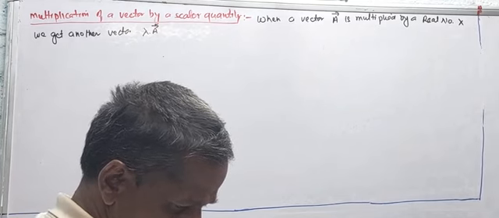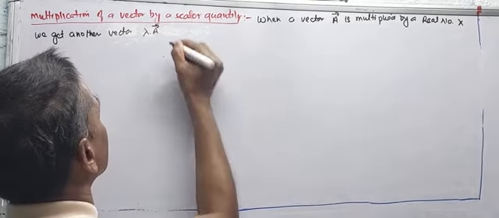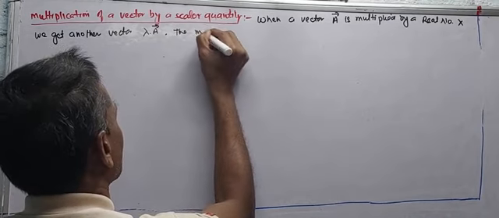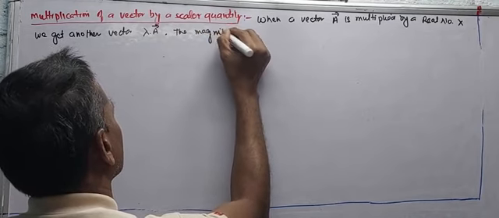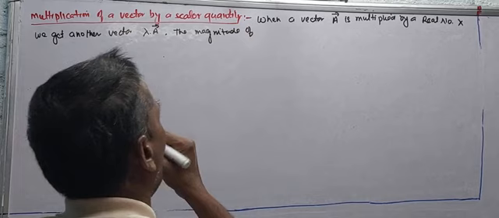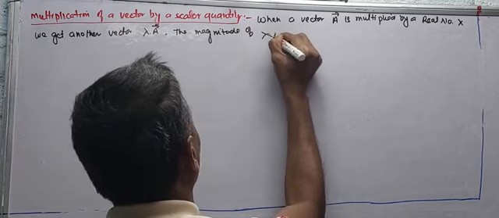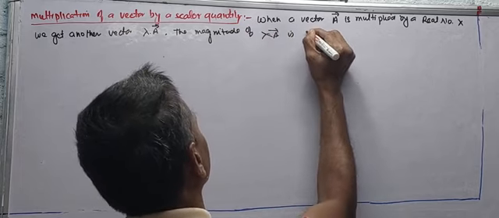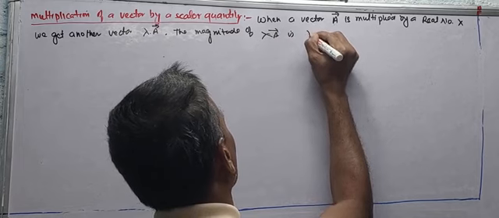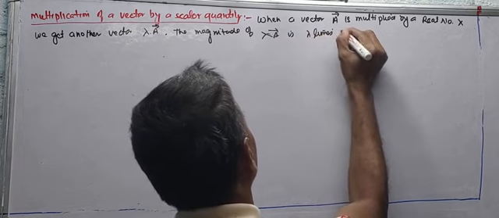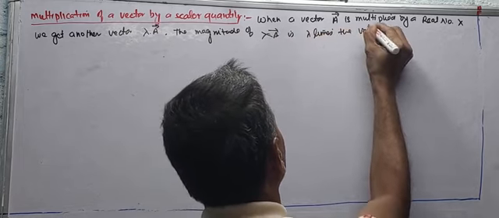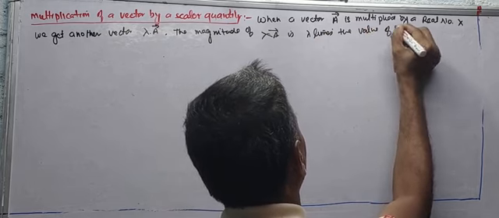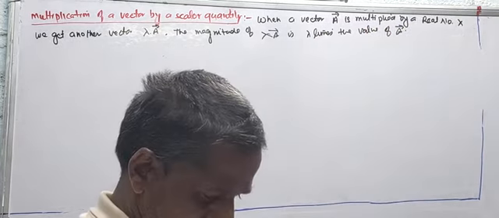The magnitude of lambda a is lambda times the value of a